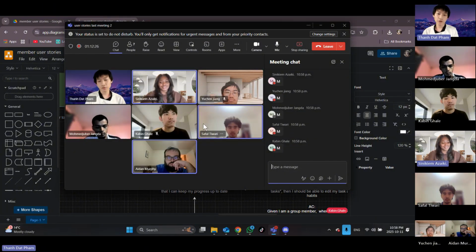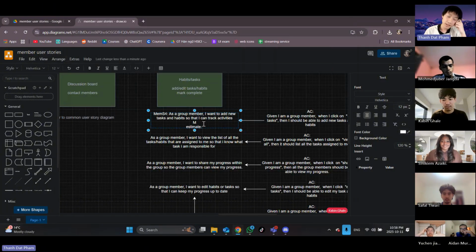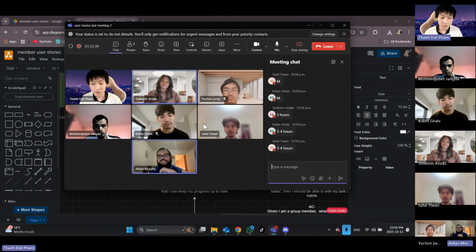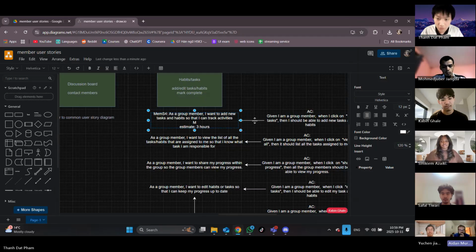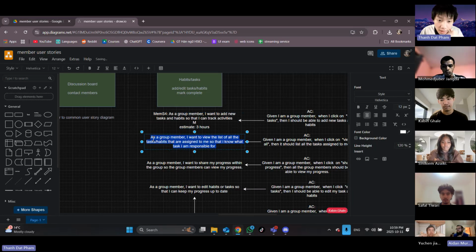But when you add the habits, the habits form should have some features, some details, like how long, all that stuff. Yeah, using text fields and stuff too. 3 hours. Okay. As a group member, I want to read the list of all the tasks and habits